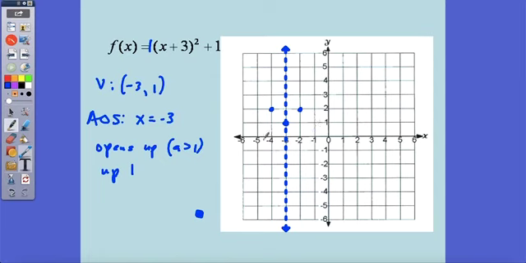Okay? So now we can use one more point. You can either use the intercepts if you ask for those, or we could just plug in one more point. So we can plug in -1, since -1 is the next x value over. I also could plug in -5. So I plug in -1,